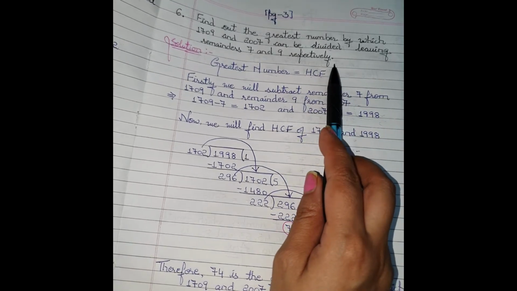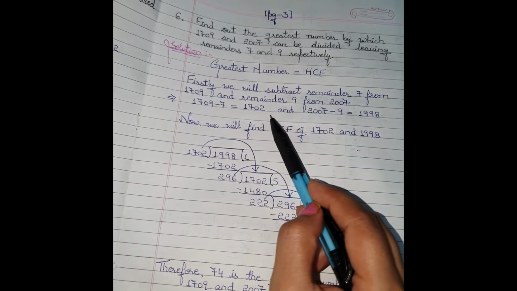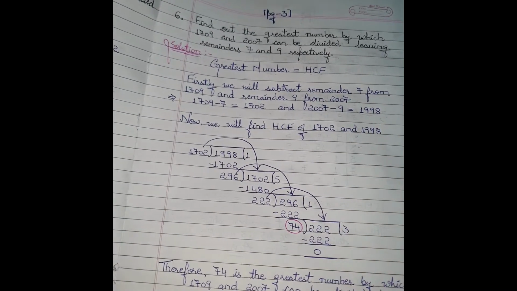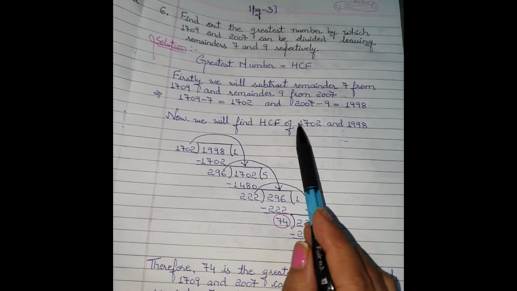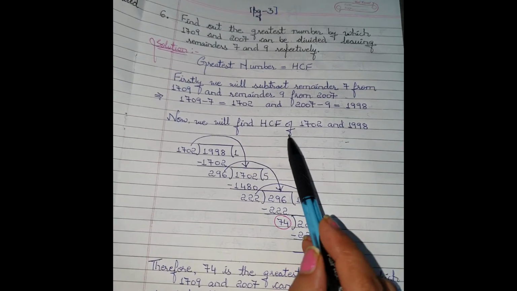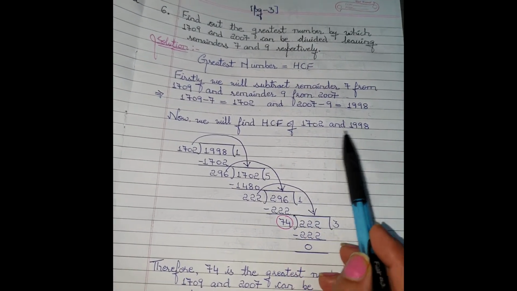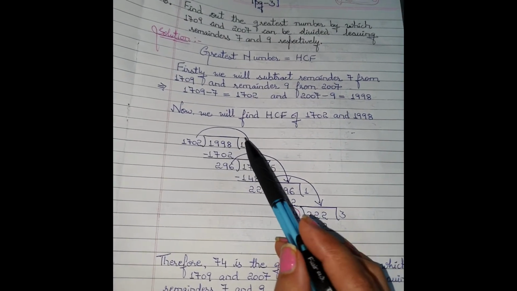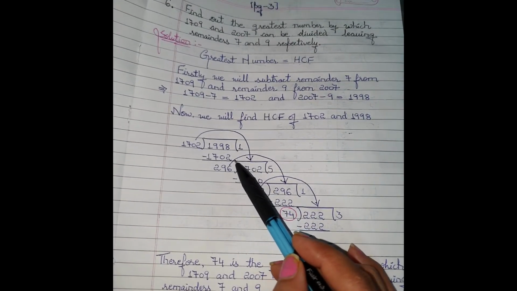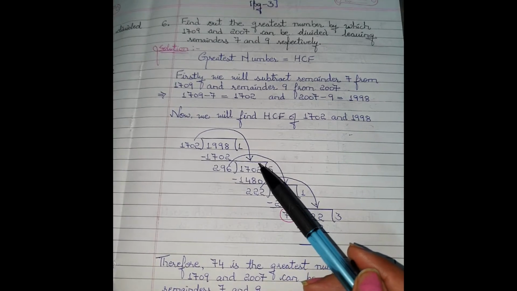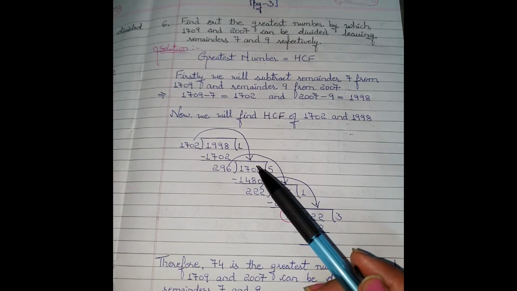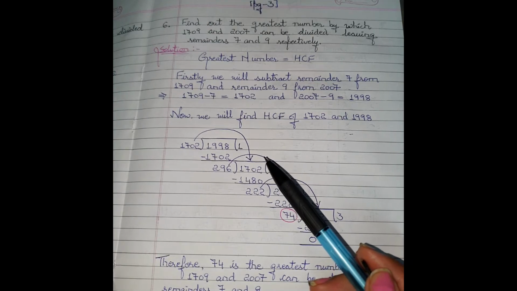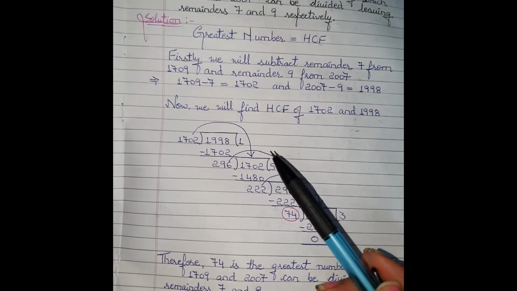Since it was HCF, in HCF we will be subtracting the remainder in the very first step, as I have told you in the first question. After subtracting, whatever result we have got, we will be finding the HCF of that result. So here again I have solved the HCF using the division method. See, the division method is quite simpler than the prime factorization method. That's why I'm using the division method in word problems instead of the prime factorization method.